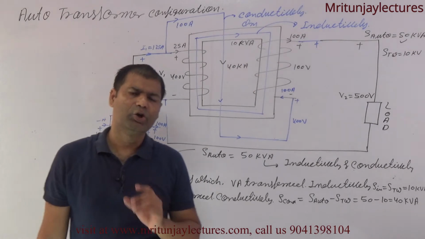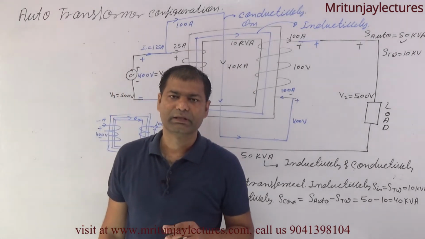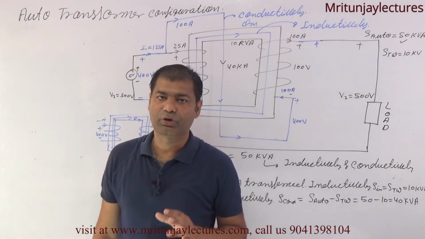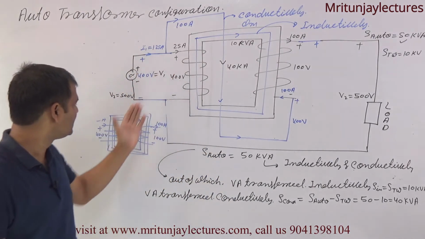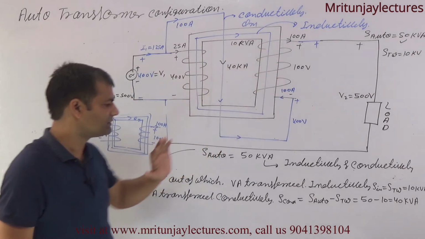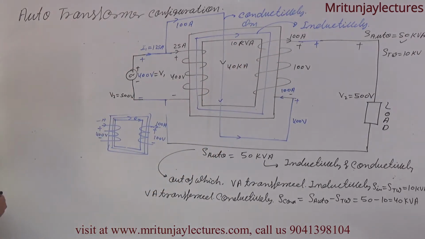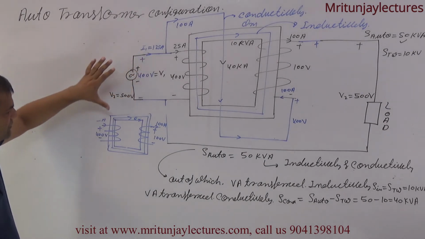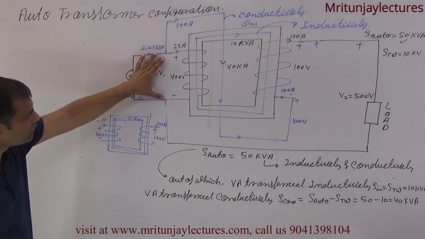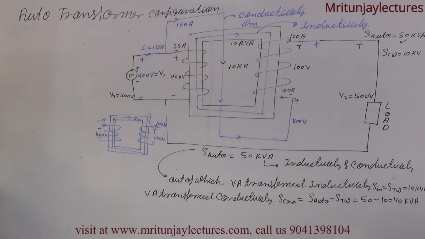I know that iron loss or core loss depends upon voltage. If voltages are the same, it means that is the same in both configurations,